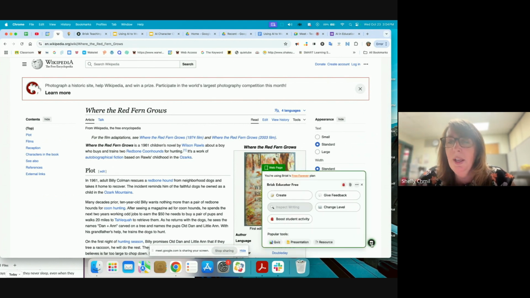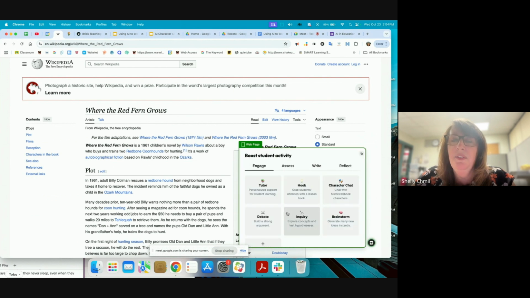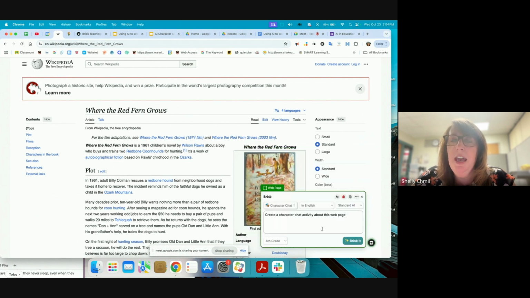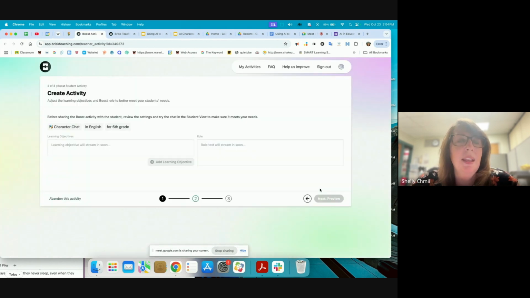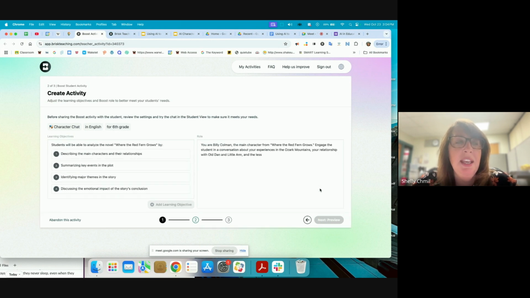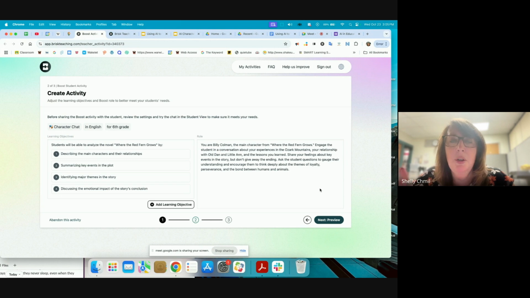So again, you click on the button, you go to Boost Student Activity, and you choose character chat, and you choose your grade level, and then you choose Brisket. And what it does is it'll start to populate learning objectives, what you want the kids to accomplish. It'll then also say the chatbot's role is going to be Billy Coleman, the main character from the story. And this is the role. These are the goals that he's going to have